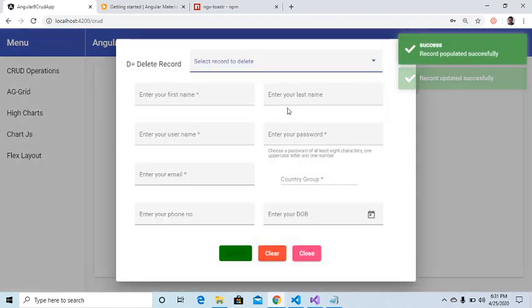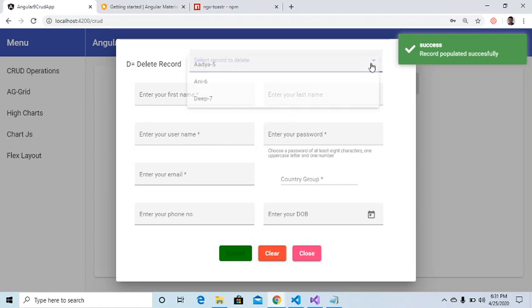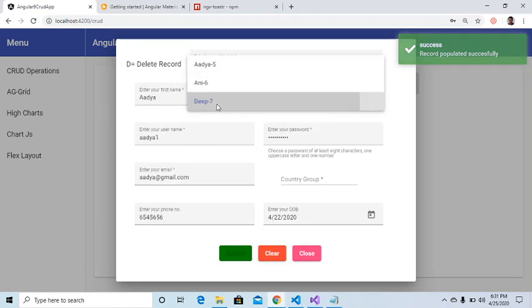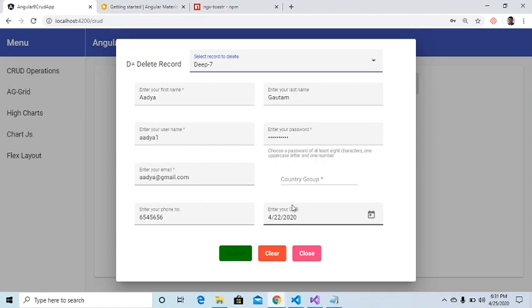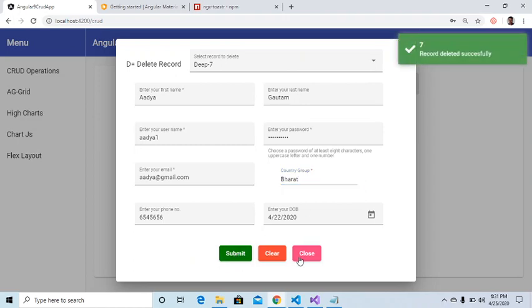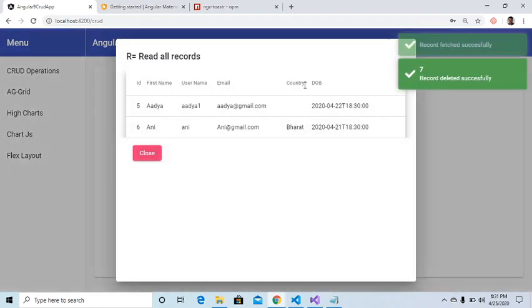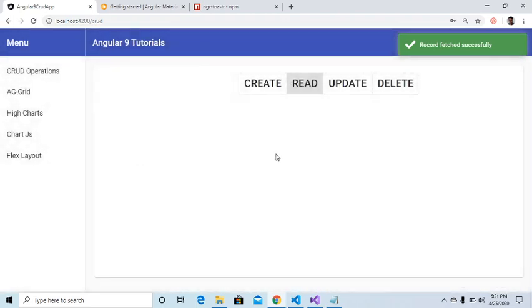Alright, let's say I want to delete some of the records. So I have pressed all the records, and let's say I want to delete this one. And since this one is not coming directly, that form was not valid. So I will hit the submit. Alright, let's close it and go to read, and see whether it has deleted or not. Yeah, definitely it has deleted. So this is what you are going to learn, and if you follow me step by step, you will definitely be able to create this kind of UI and application which will be interacting with a RESTful API.